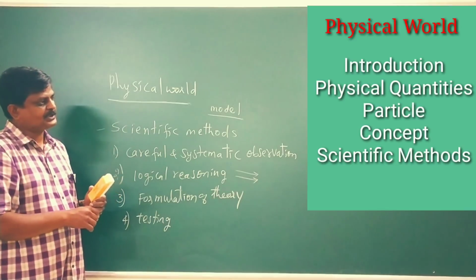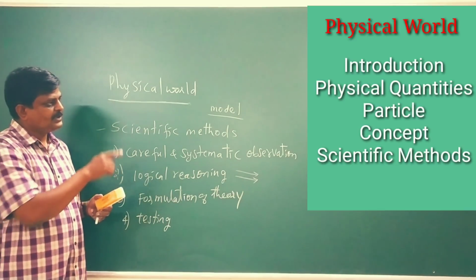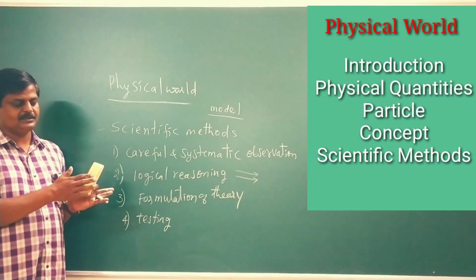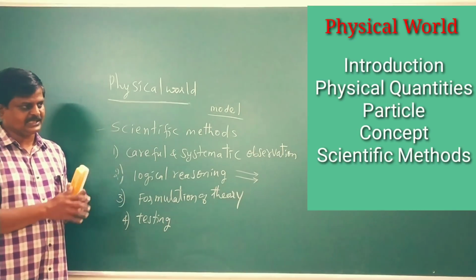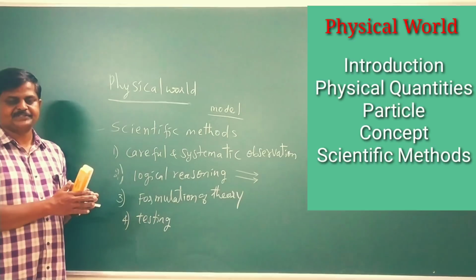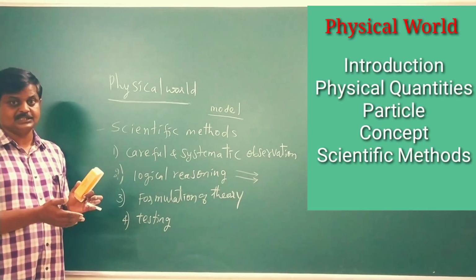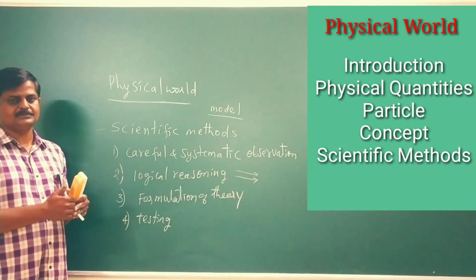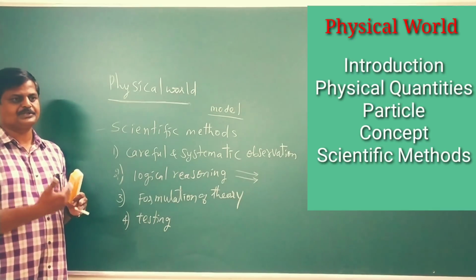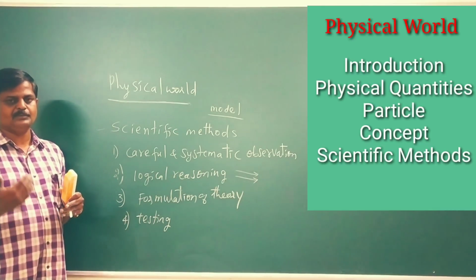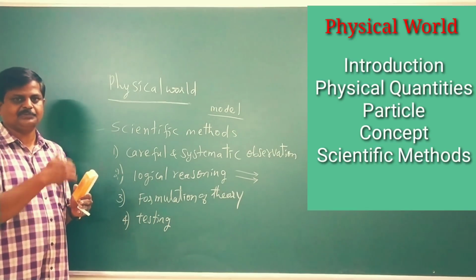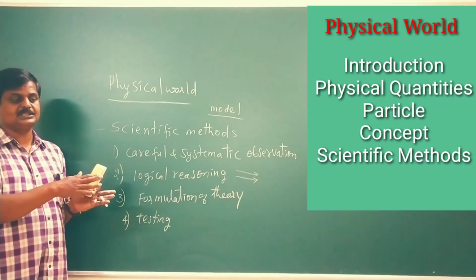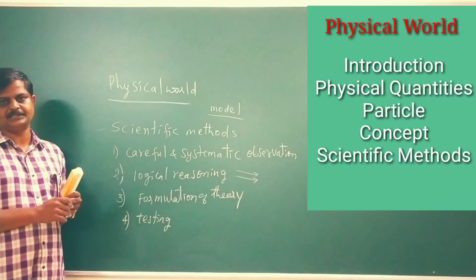So let us revamp what you have learned in this session. First thing I said is that physics talks about matter and energy. Matter is anything that occupies space and has mass, and matter manifests in the world as solid, liquid and gas. Energy is the capacity to do work, and energy in nature is conserved. That is, it can neither be created nor destroyed, but it can transform from one form to another. That is the beauty of nature. All energies are transformed from one to another. In fact, the one which is transformed from one to another is generally called energy.